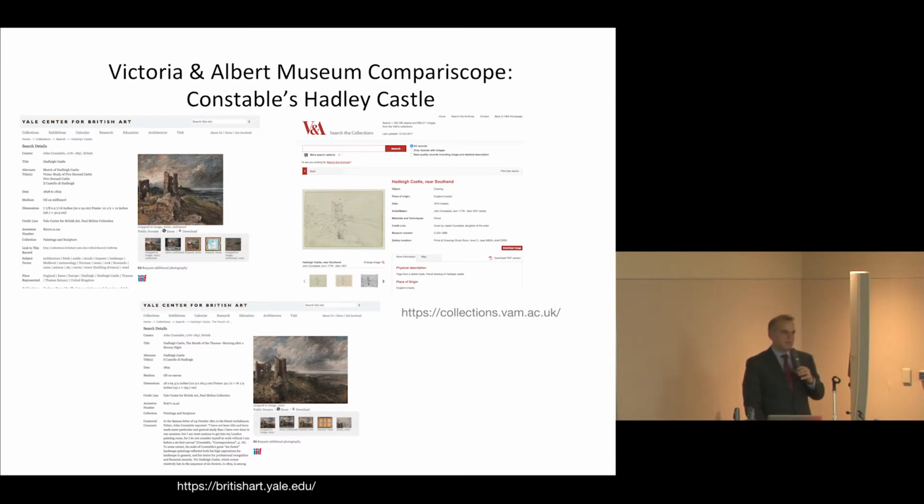So some interesting applications can be constructed using just the image API. I'll give an example here of a small program developed by the Victoria and Albert Museum. The Victoria and Albert Museum has a sketch, shown on the right, of an oil painting that is held at the Yale Center for British Art. And we also, at the Yale Center for British Art, have an oil painting that is a sketch or a precursor to the final painting.